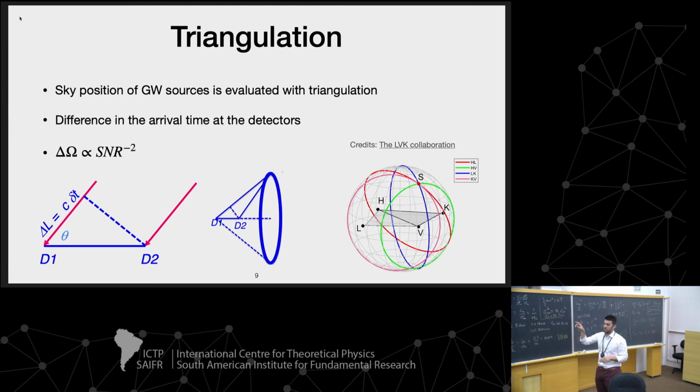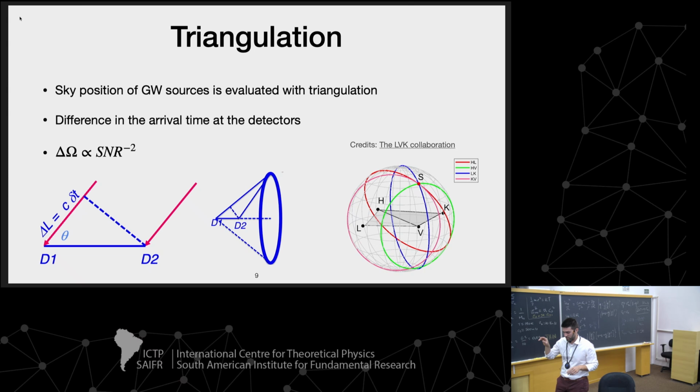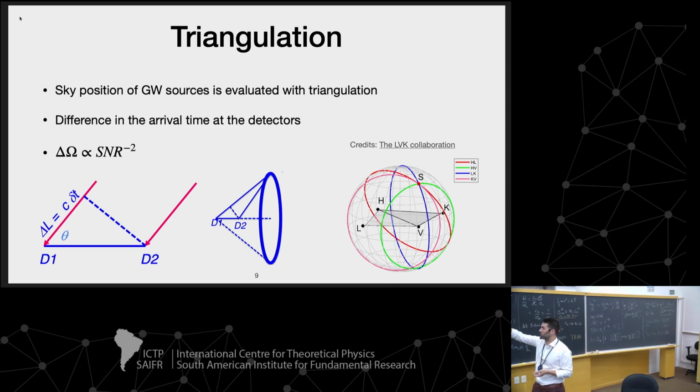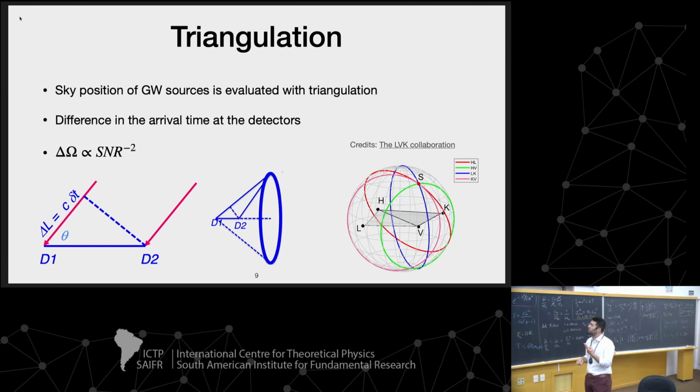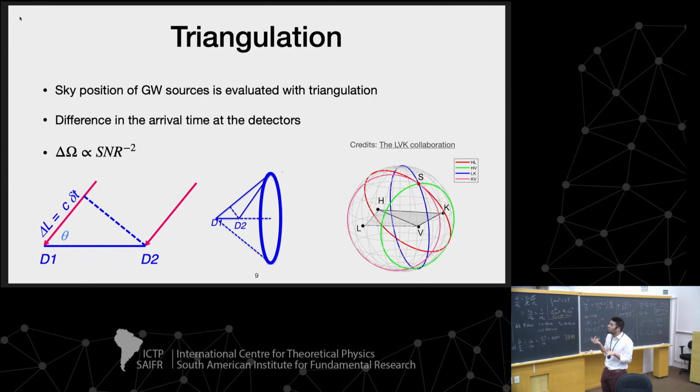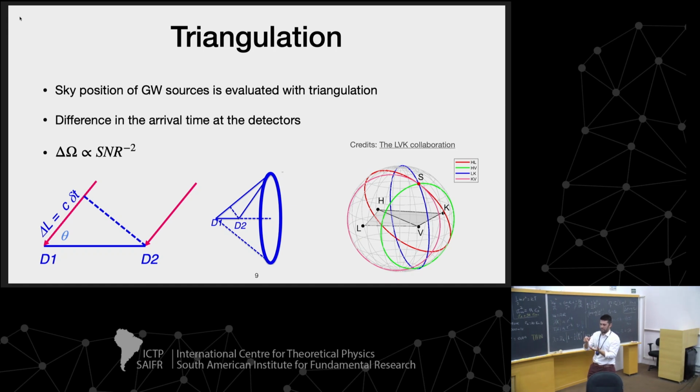The triangulation works exactly as it works, for example, for GPS. What you're measuring is the difference in the arrival time of the gravitational waves. This is represented in the plot on the left. When you have 2 detectors, what you're defining is an annulus, which is the plot in the middle. If you want to localize the source, you need, as I said, 3 detectors. Each pair of detectors has an annulus, and where they cross, that is your sky localization. You can see how it works in this plot on the right, where you have the functioning detectors,